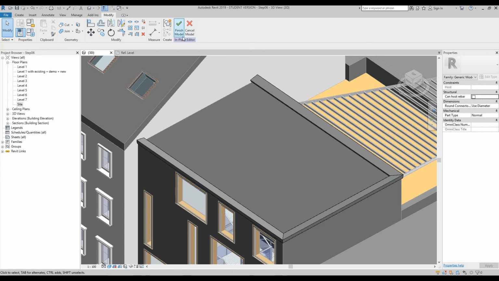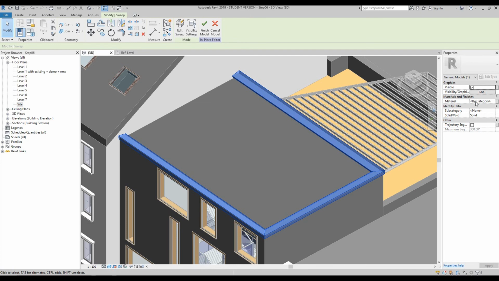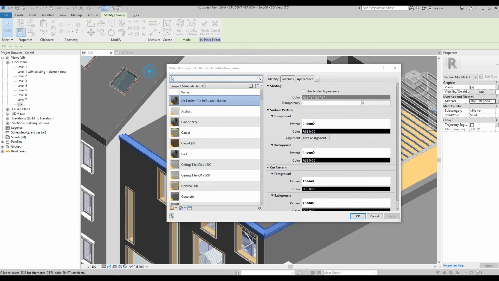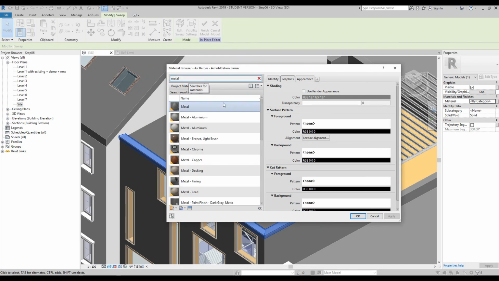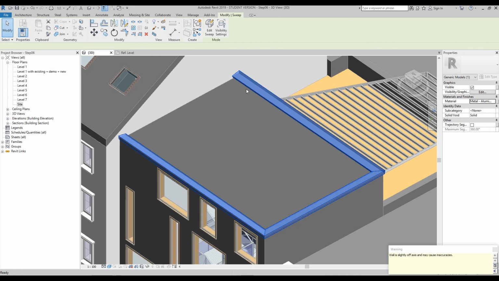Now before we finish the green tick, why not add some materials to it? So we select it and then over in the properties palette, beside materials, by category, if you select the word category, a little dot turns up, click that dot, a new window will open which is our materials. If we type in metal, we can choose metal aluminium and then press OK,